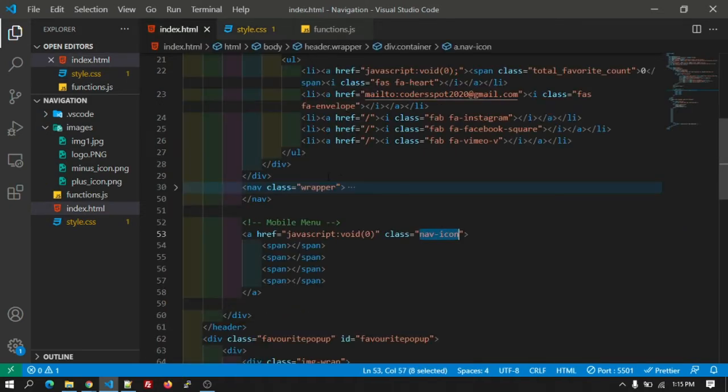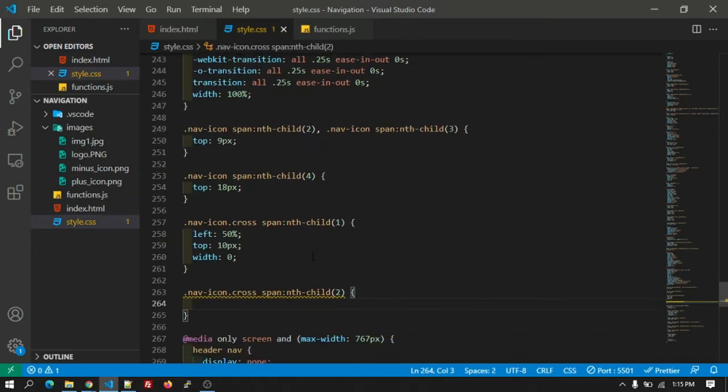Okay, for this second span we have written what we wrote for the first span after adding the cross class.